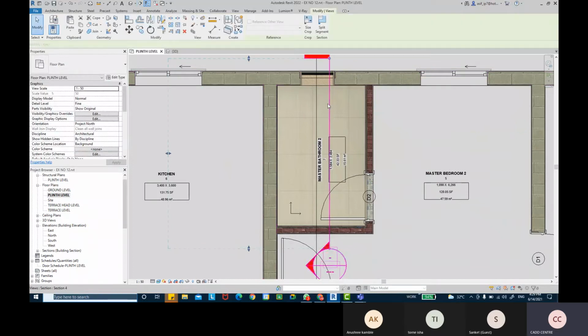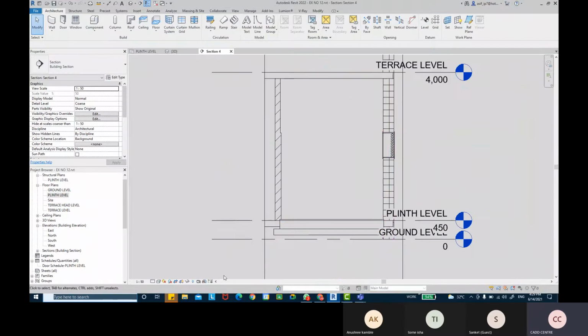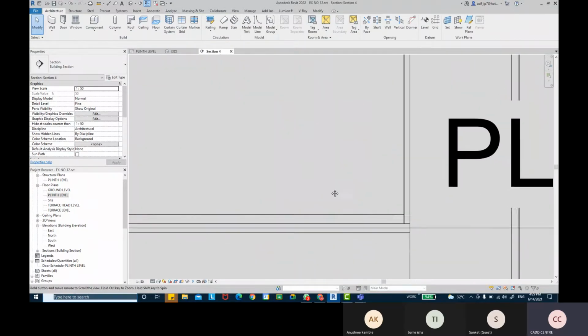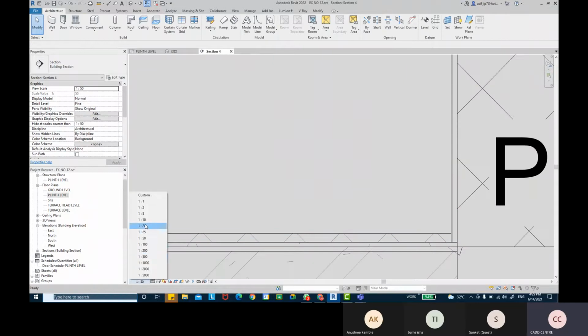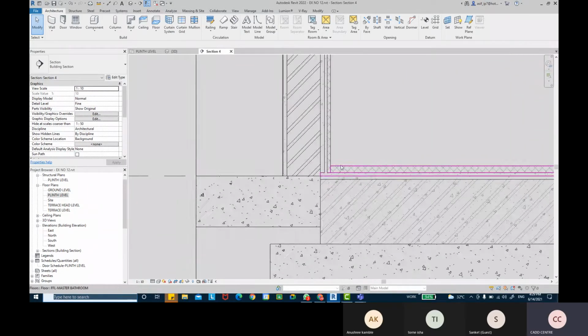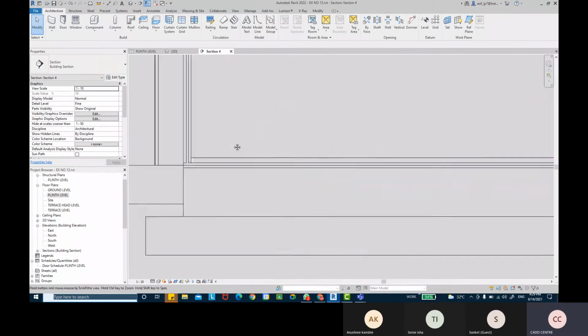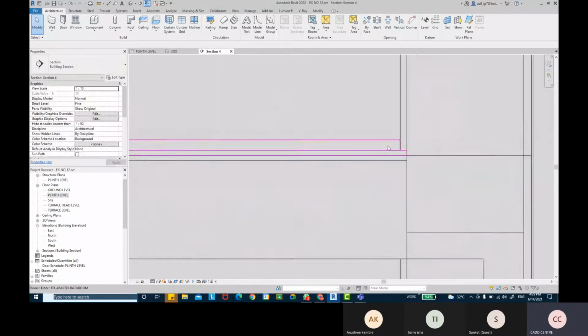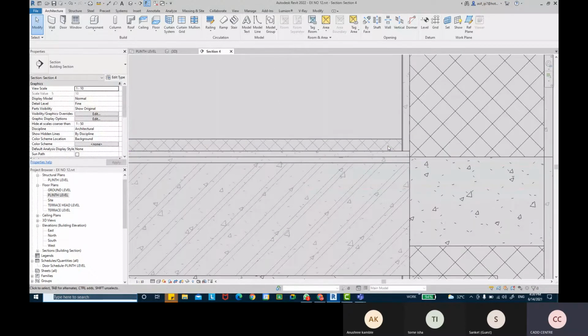And I'm going to go into that view. As you can see, the flooring has not been sloped. It is totally flat. So from one side we wanted to show that the floor tile is gradually sloping. So we want to slope the floor.